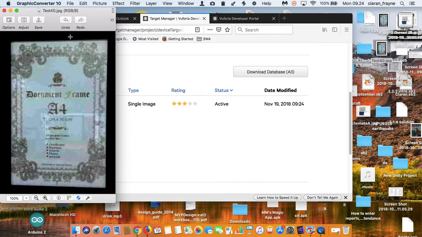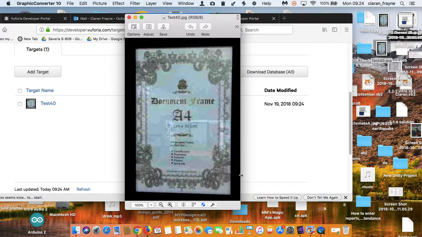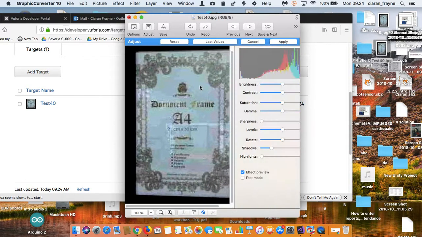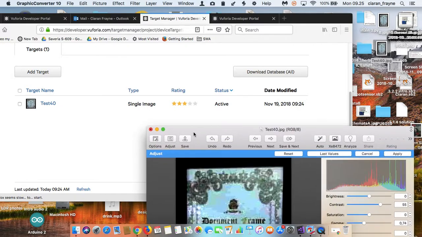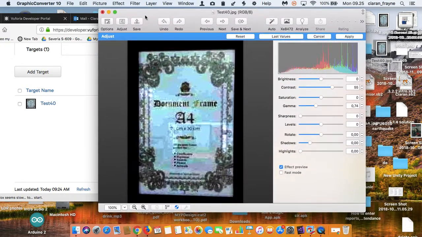There we go. Now I'm going to greatly improve the contrast on this picture, so I'll go adjust, and you can see the contrast could be a lot better, and we can maybe change gamma as well. Changing these settings, the idea is to improve the rating that we have over here, because AR prefers to have a high contrast on pictures. And maybe sharpness, don't want it too much because it's going to make the picture even worse. Okay, we could go like that. Okay, I'll apply these settings,